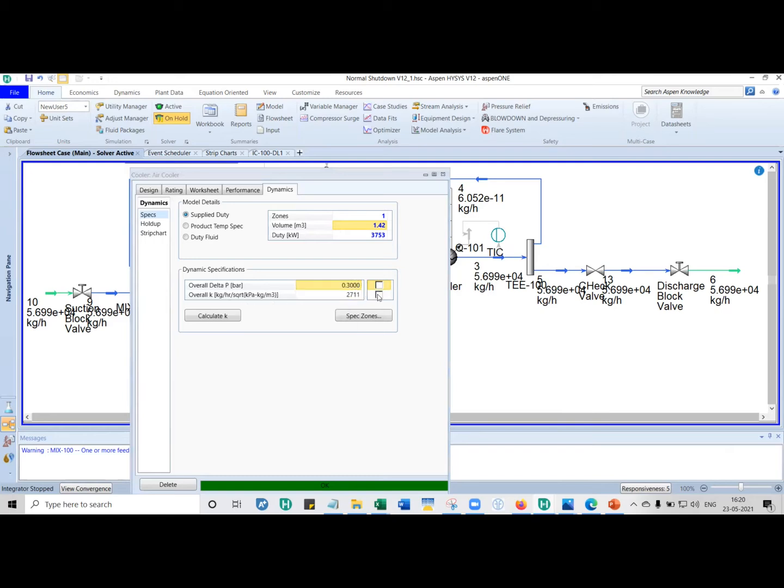After that, you switch it to this mode. If the flow rate increases, this 0.3 can become higher, 0.32. Or if the flow rate decreases, the pressure drop will also come down from 0.3 to 0.29 or 0.28, like that. So for the coolers, the important information is not only the volumes, because the process fluid, the compressor fluid, is flowing through the tubes. Therefore, you put the total tube volume here. You also put the loss coefficient value here, and it will automatically compute the pressure drop across the